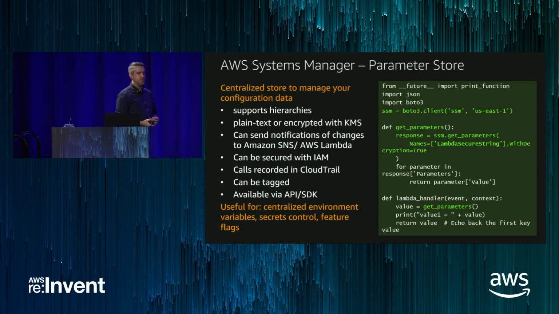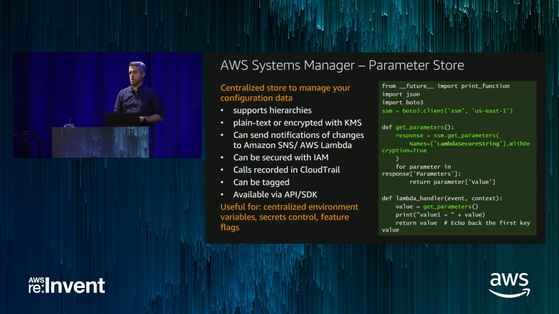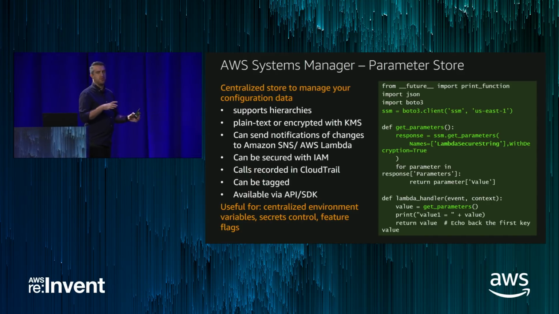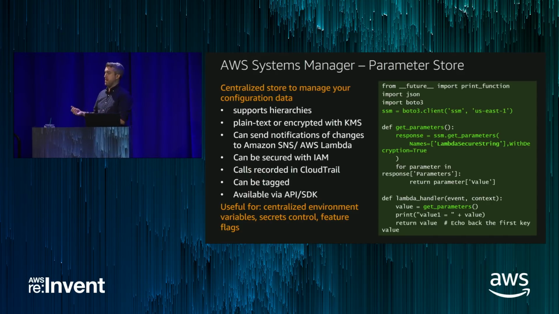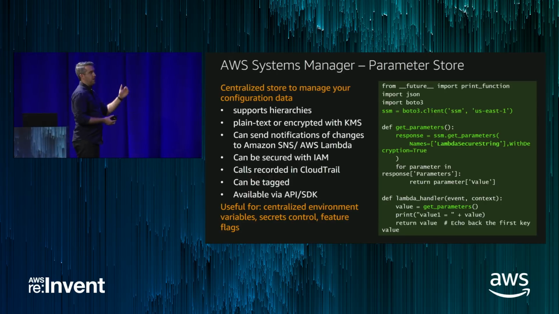Then lastly, one other option that you have here is to use Systems Manager. So Systems Manager Parameter Store is a managed key value store service that we have here. People often don't think about this being something that can be consumed inside of Lambda because we say that Systems Manager is related to EC2. But actually, you can use Systems Manager Parameter Store in basically any AWS service that you want on or off it. And so what this allows you to do is actually have a hierarchical key value store such that you could have